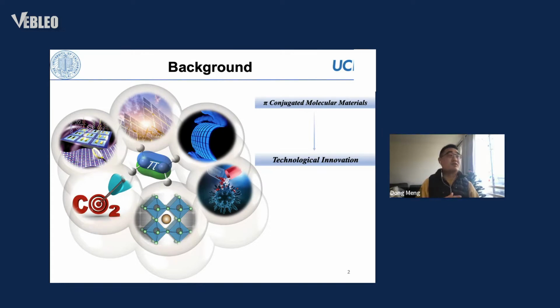Another important point is that pi-conjugated molecules are easier to synthesize, and their properties and structures can be modified through molecular tailoring, molecular design, and molecular assembly to realize device applications, such as OFETs, organic solar cells, displays and lighting, transistors, and carbon dioxide reduction. My research mainly focuses on pi-conjugated molecule materials, where I want to develop different molecular structures and systems, and realize different assembly structures to achieve technical innovations and breakthroughs in performance.